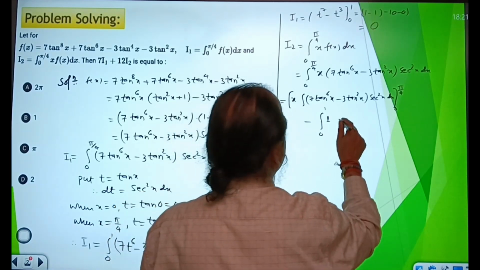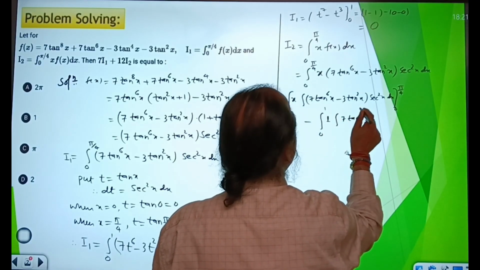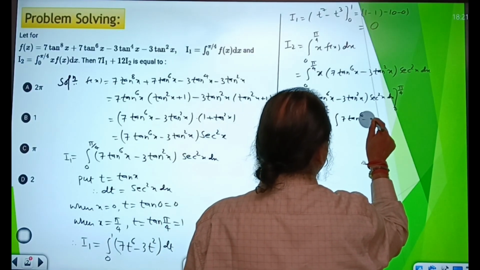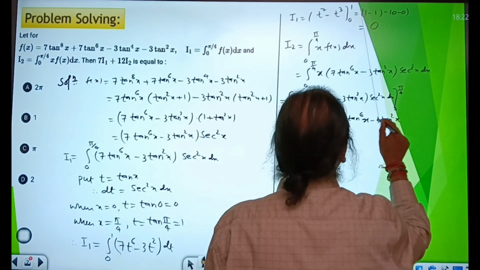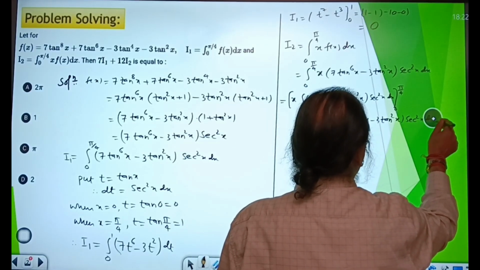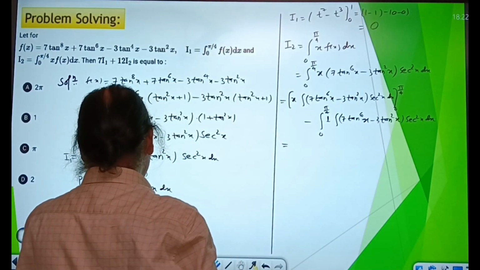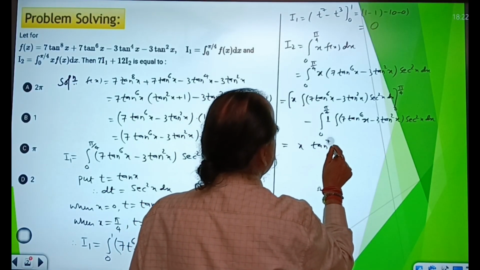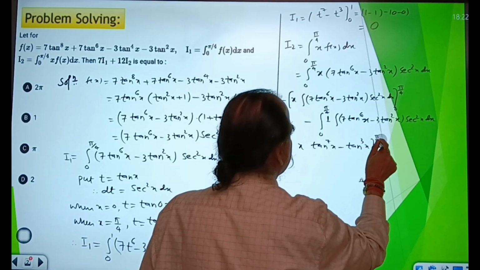The integral of this part will be what? 7 tan^6 x minus 3 tan^2 x times sec^2 x dx, the integration of this we got is tan^7 x minus tan^3 x. So x into (tan^7 x minus tan^3 x) between 0 to pi by 4